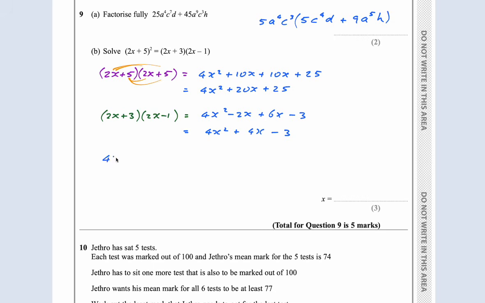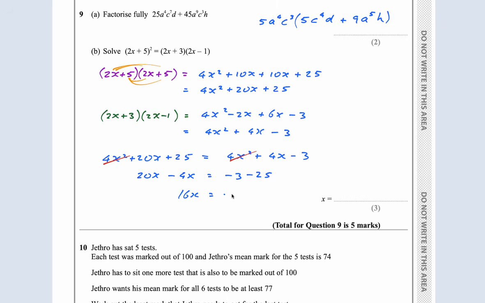So the purple, 4x squared plus 20x plus 25, has to equal 4x squared plus 4x minus 3. Normally I'd say this is a tricky problem because it's a quadratic, but this is actually a nice question because the x squared part cancels. I can subtract 4x squared from both sides and now it's gone. And then I can get the x's together, 20x minus the 4x, and I can do the minus 3 minus the 25, giving me